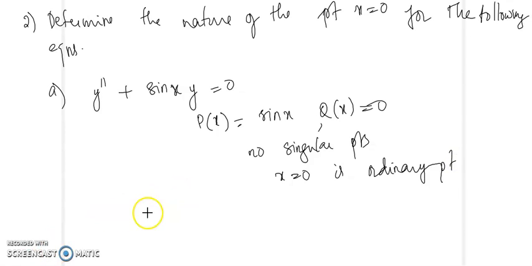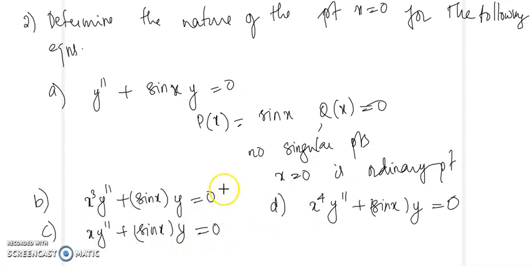Similarly, I need you to do a few more problems and identify whether the points are ordinary points, regular or irregular singular points. For these 3 questions, identify the nature of x equal to 0: ordinary point, regular, or irregular. Please work out these problems in your